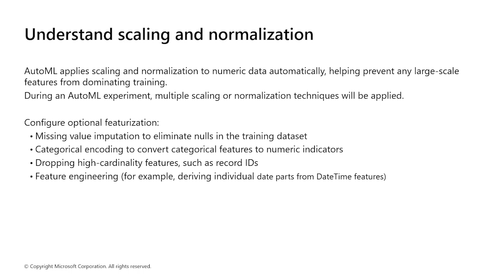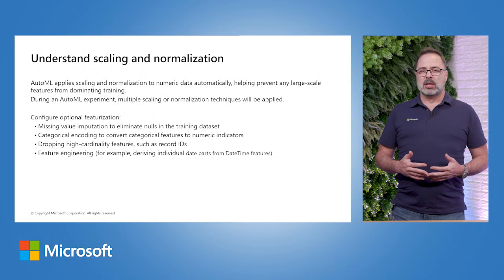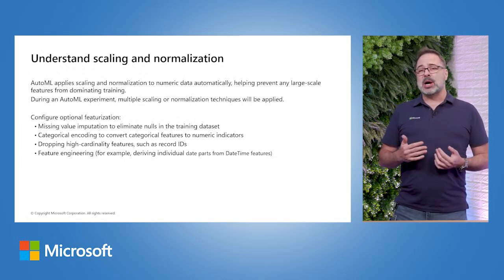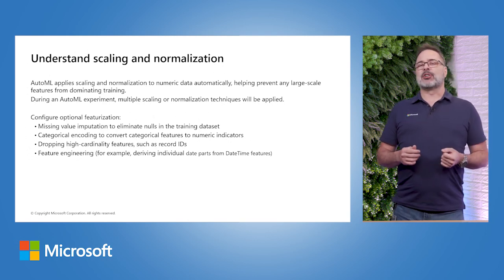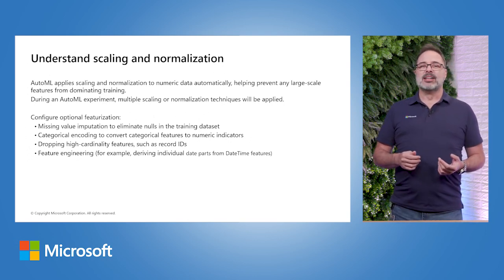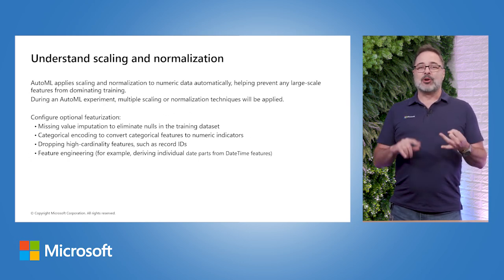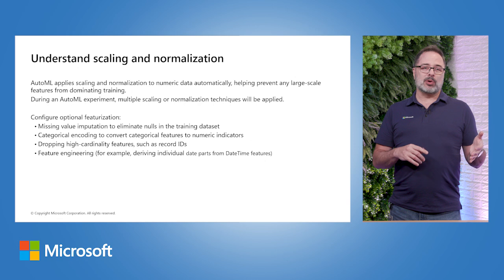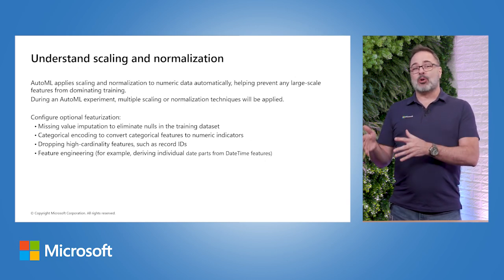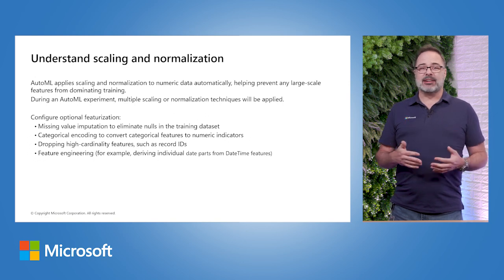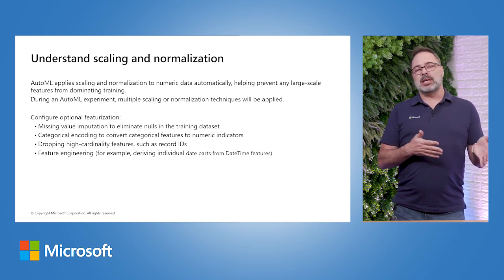Scaling and normalization help to balance the weight of different features, so we don't have any large-scale features dominating the training. AutoML will automatically apply a number of scaling and normalization techniques to the data for you. There are also a number of featurization settings that you can configure for AutoML to automatically apply to the data, such as imputation for missing values, categorical encoding, which is used to convert text categories into numbers, automatically dropping high cardinality features such as row IDs, and feature engineering such as separating datetime features into the individual